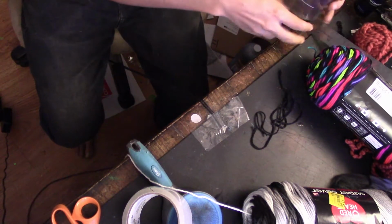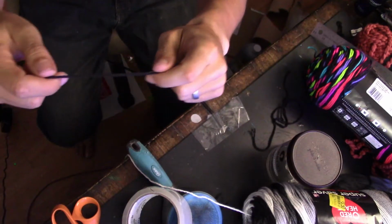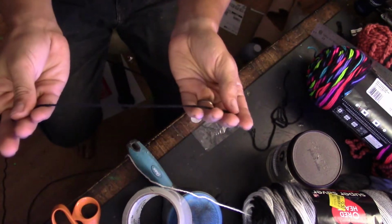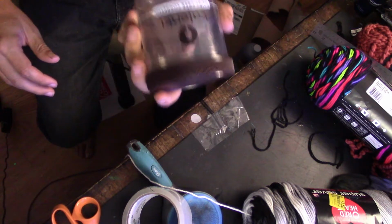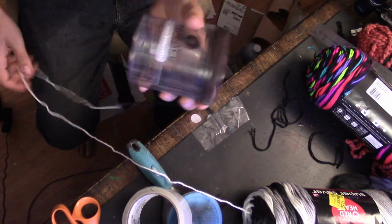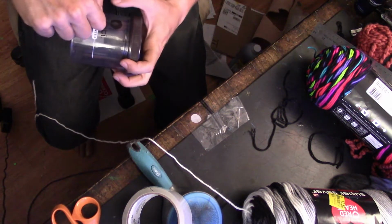So an 11.5-inch circle, because of the elasticity of the string, when you stretch it tight around something and then let it go, it produces about a 10.5-inch string, which is perfect for what we're trying to do. So this Talenti sorbet is pretty good. Use that to wrap your string up. And if you can't find something, if you don't have this one, then find something close so you can get the right size. Then we're just going to take our string